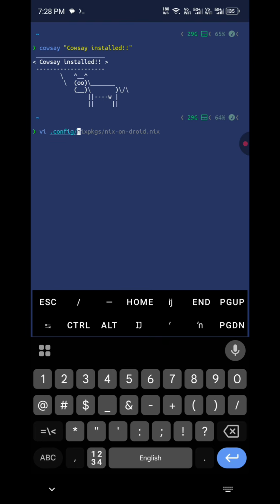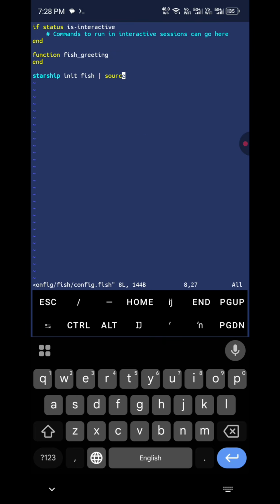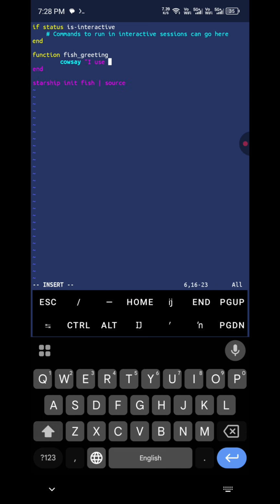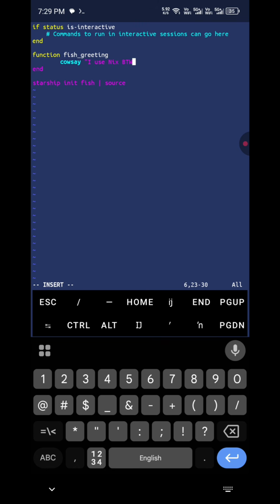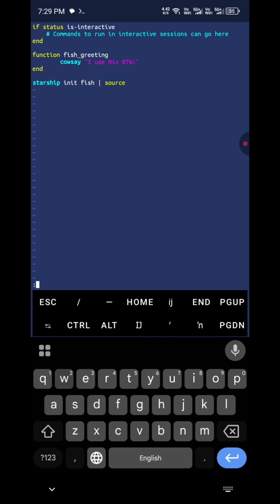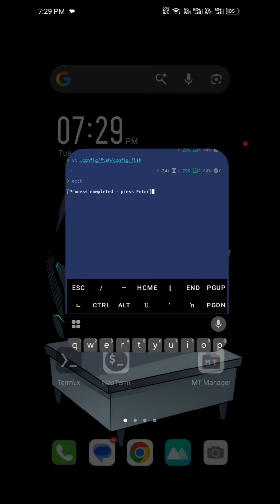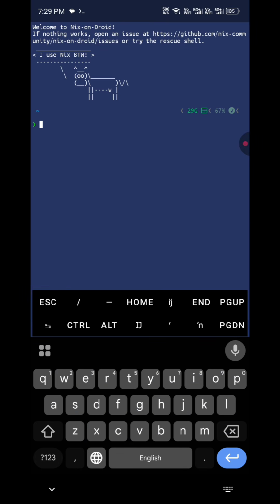Let's edit the fish greeting and make it more stylish. cowsay "I use Nix by the way," and save it. Exit your Nix-on-Droid, reopen the application, and you can see